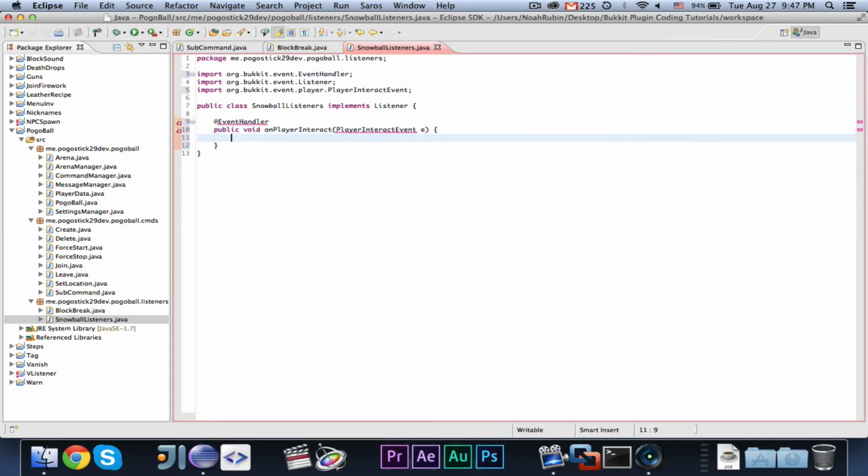So the first one is going to be, the way that we have it set up is the player will be given one snowball in their hand, and when they right-click with it, it will launch a snowball. This means that they will have unlimited snowballs. You could implement something different. You could just give them a number of snowballs and not worry about this listener. But we can go ahead and say if